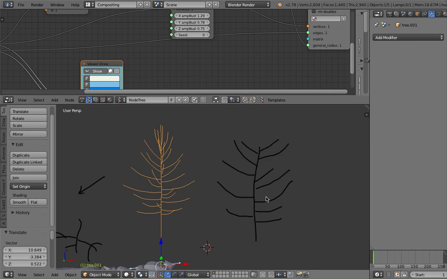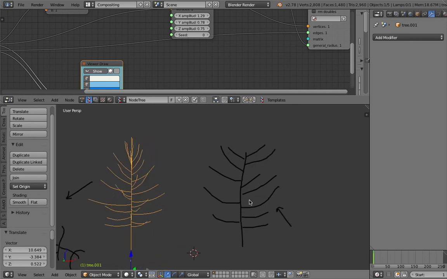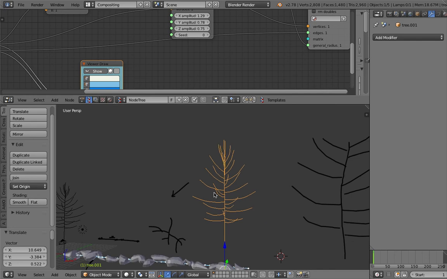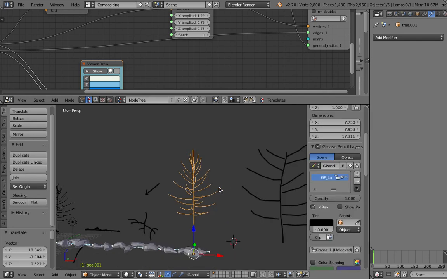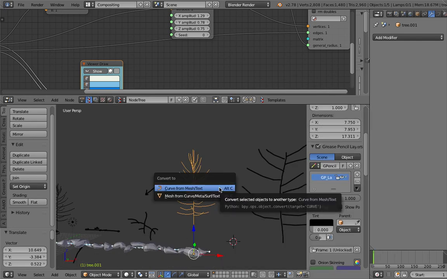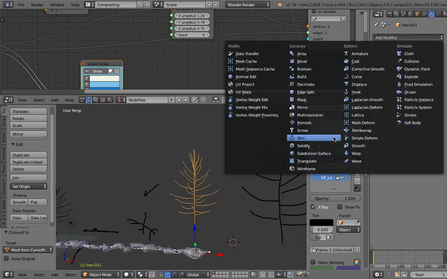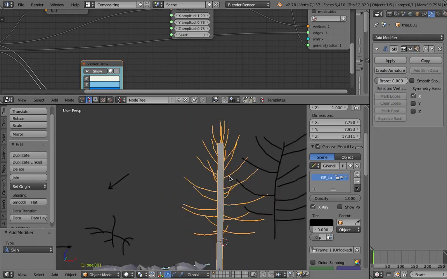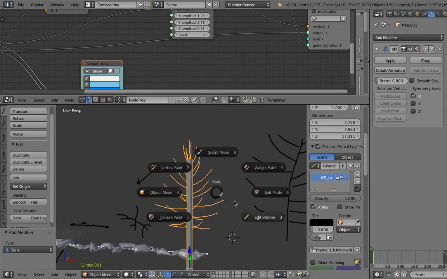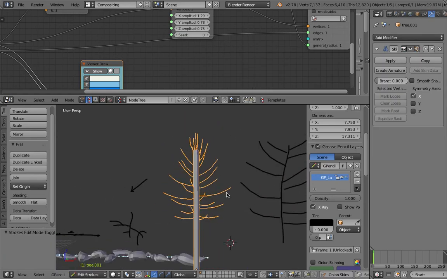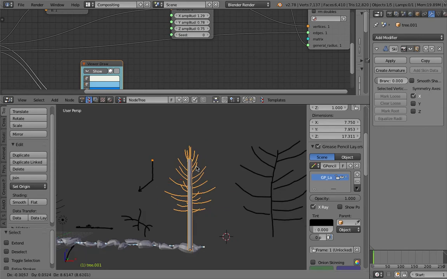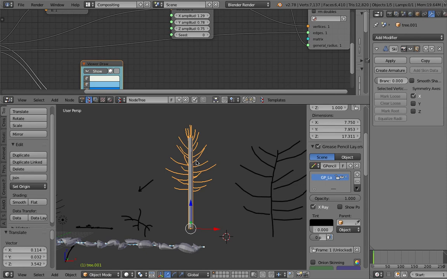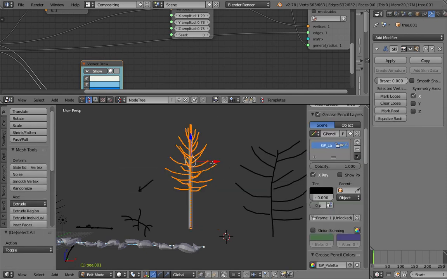I think you don't just plug it into the skin, or maybe you can, if you convert to mesh and then you just skin it. Edit stroke, what is this? This is a mesh, right? Edit mode, and then